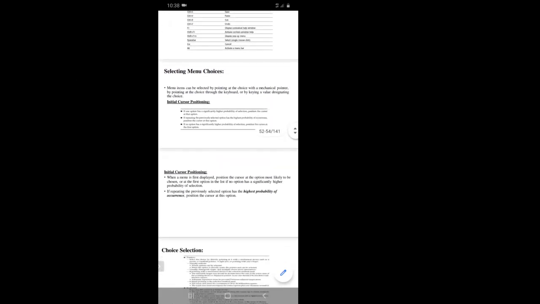The first one is initial cursor positioning. I'll just zoom in there. If one option has a significantly higher probability of selection, position the cursor at that point. For example, when you are installing a file, it will ask you to run as an administrator, where you will have OK or cancel.